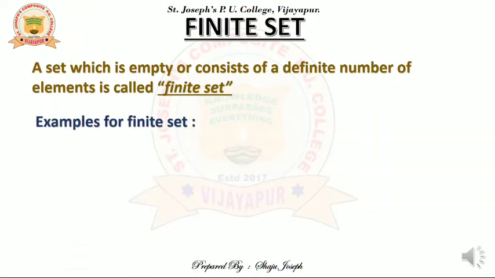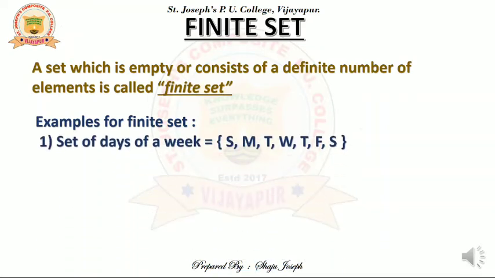Examples for finite set. First one, set of days of a week, that is equal to Sunday, Monday, Tuesday, Wednesday, Thursday, Friday and Saturday. There are 7 days. You can count them and definitely say that there are 7 elements. Even if it's a big set, even if there are crores and crores of elements, it's okay. But if you can count them properly and say definitely how many numbers are there, then it becomes a finite